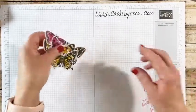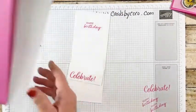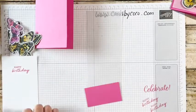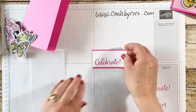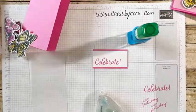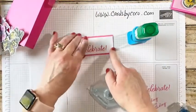So I can't wait to show everybody the inside of the new catalog next week. All right, let me find everything here. I'm going to start assembling this piece. Let me find my Celebrate here, and we are going to attach that. Let me get out. Sorry, I know I just moved that table. I'm sorry. I tried to get everything out of the drawers. And like I said, I was just a little pushed for time today. Anyway,